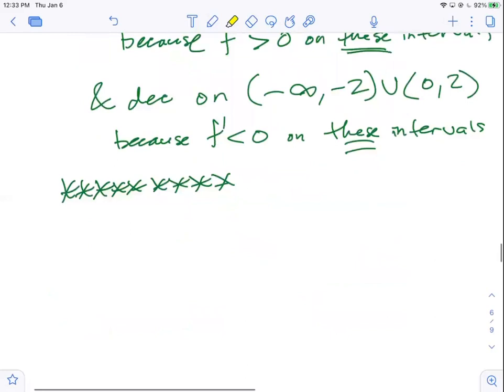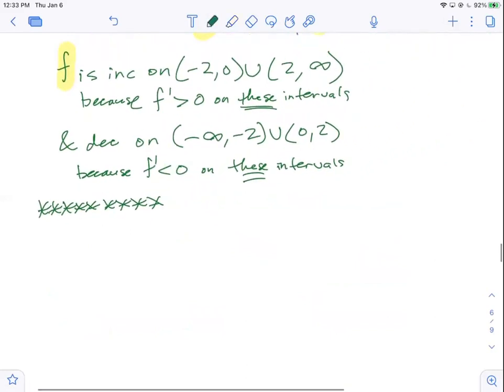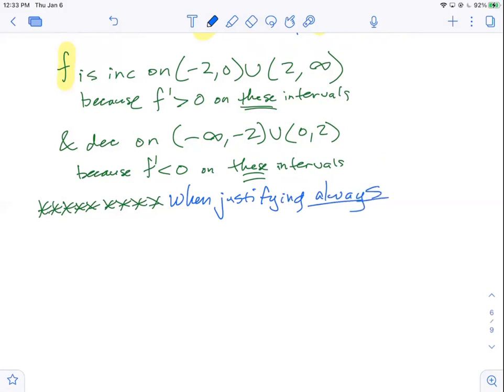Now I put a lot of asterisks here because what I'm about to write and say is very important. Just for the rest of the year, when you're justifying, always, never not always, discuss or use whatever signs, that means positive or negative,